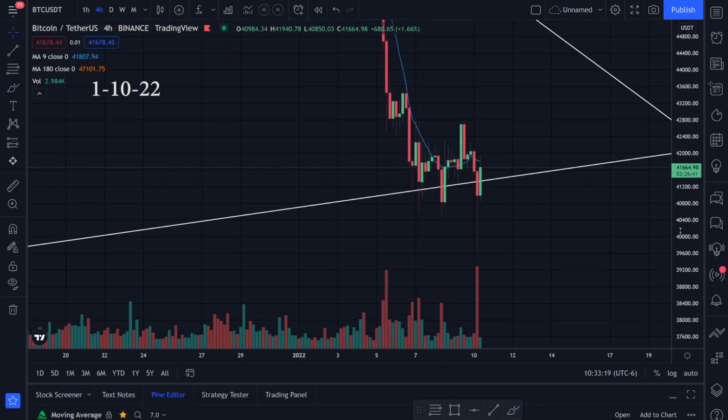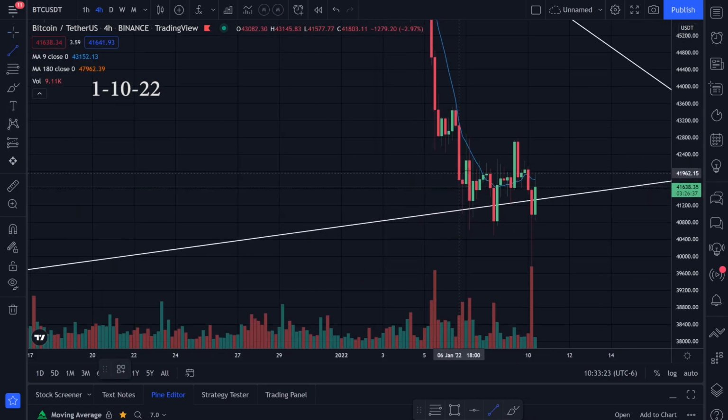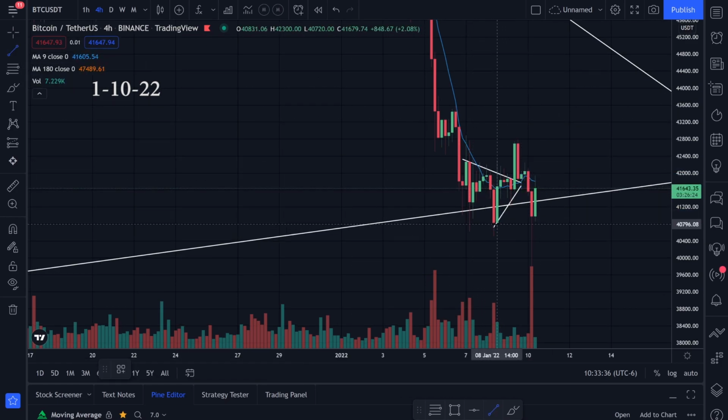Let me zoom in. We're on the 4-hour time frame right now, and I was talking about it yesterday, we had a little triangle pattern, something like this. I was dragging from the top to the bottom, and dragging it to the breakout. We didn't quite come up to the target, but it kind of went up there,